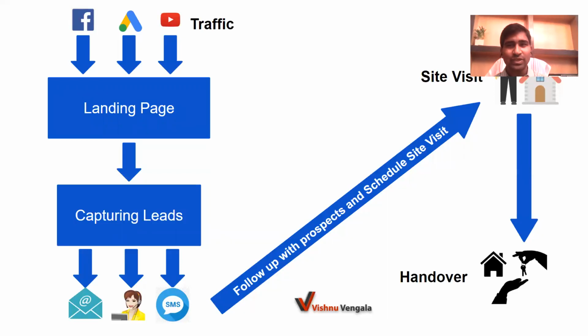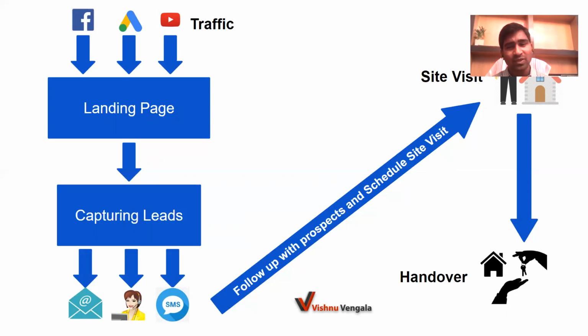In the landing page, you give complete details about your real estate project, including the floor plans, the social proof, and the amenities and all other details which will help the customer to give their details, the mobile number or email IDs. We collect all those details, and they are sent to autoresponder systems and tools like Zapier, which will help to send across different introductory emails and SMS to potential customers about your project.